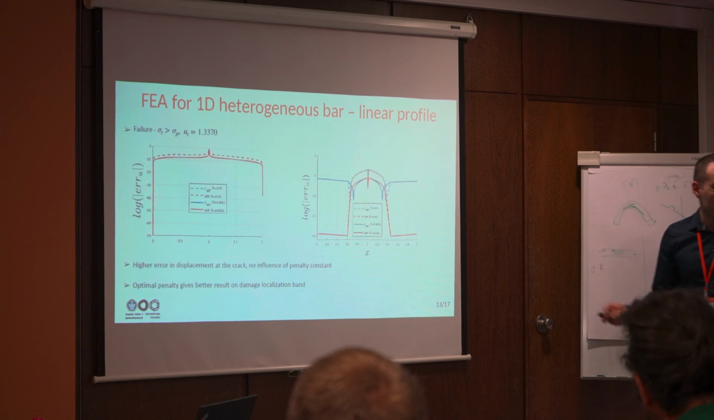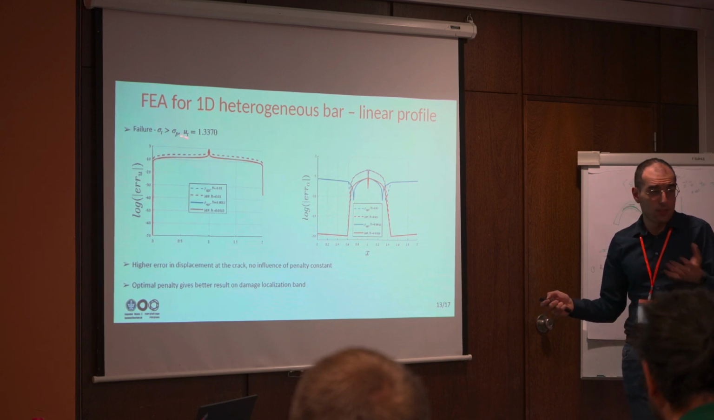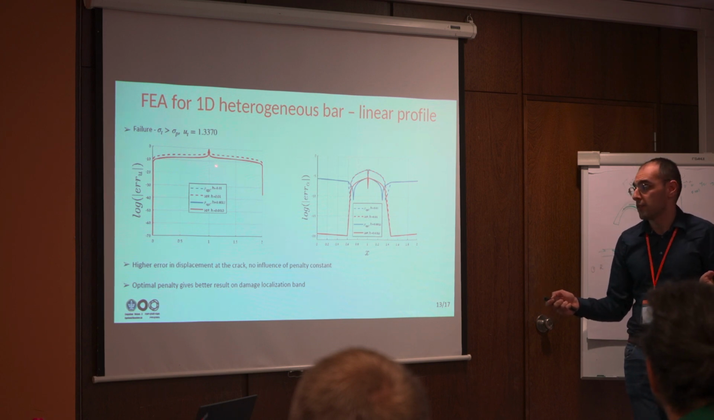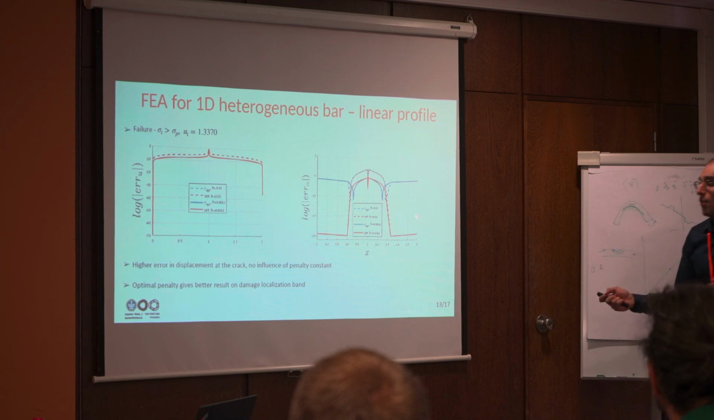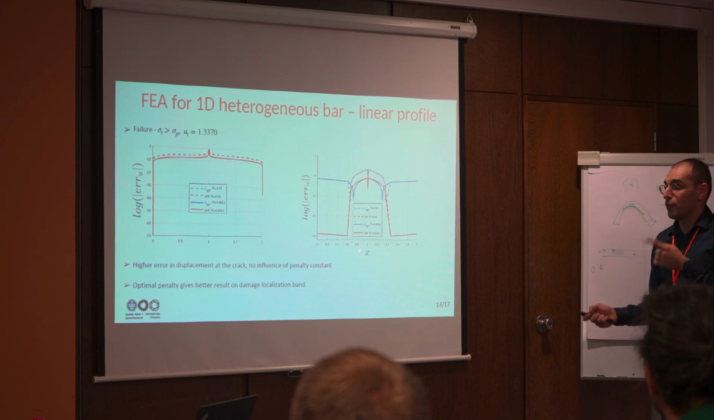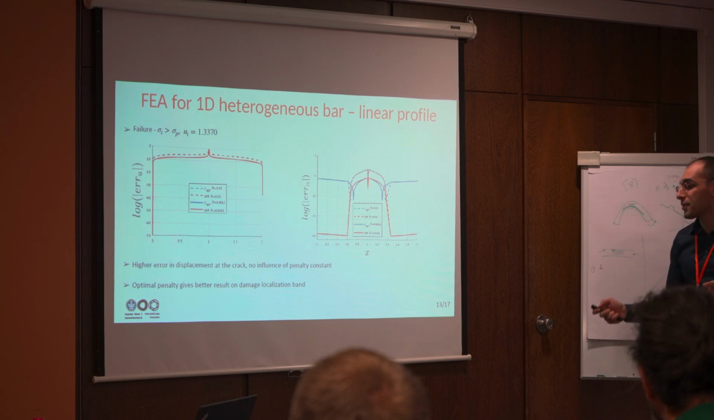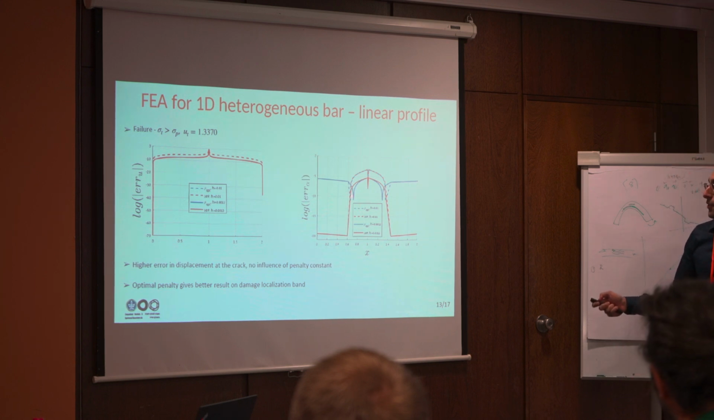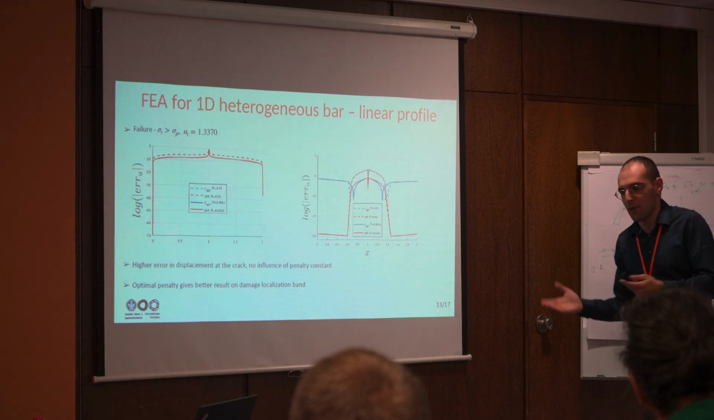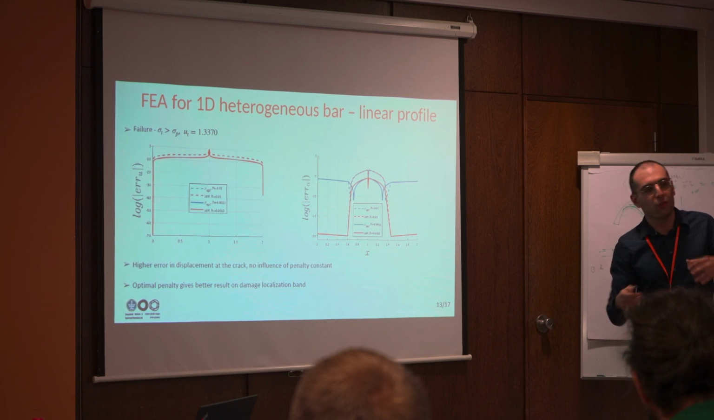For the failure phase, for the displacement, we observe high error in displacement at the crack zone and no influence of the penalty constant. But for the damage, we still observe that the error decreases with refinement, but the optimal penalty, which is the lowest one, gives better results on the damage localization band, which is here. So this is an example of a comparison between numerical results and analytical ones, but we can also compare numerical